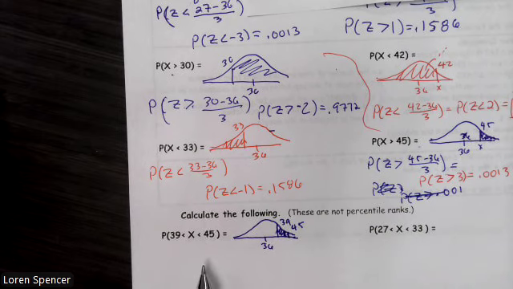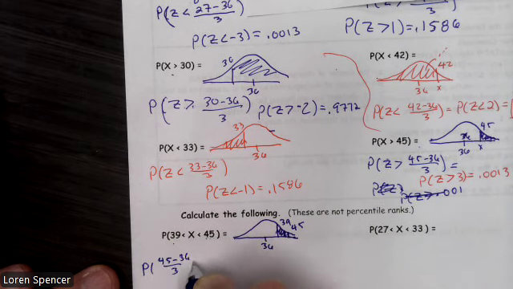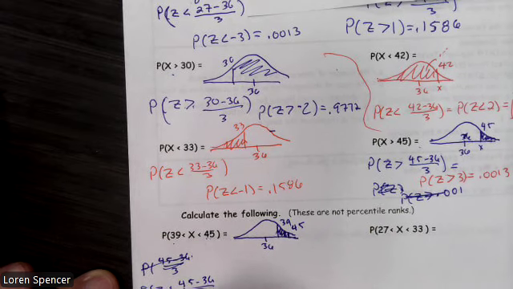So I need to do two probabilities because basically I'm going to start with the 45. So the probability that z is less than 45 minus 36 over 3